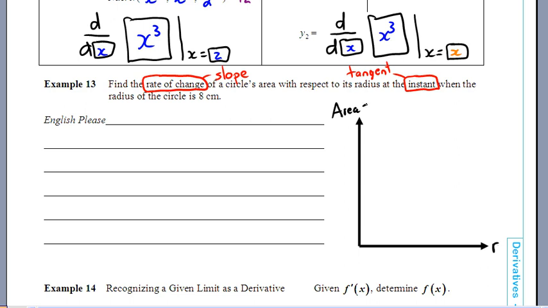Well, we know that area for a circle is pi r squared. And that graph, if we look at just the first quadrant, being a parabola, is going to go like that, right? It's going to curve upwards. And what they're saying is this. Okay, so if I was to convert this to nice everyday language, they're saying, can you please go and find the slope of the area versus radius graph